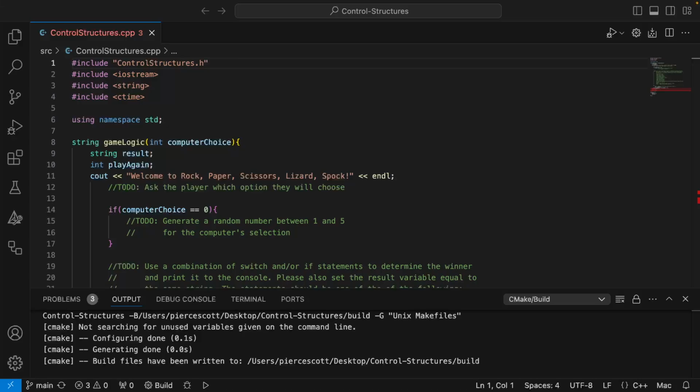Okay. Rock beats scissors. What else? Beat anything else? Yeah, it crushes the lizard, bro. So I'm gonna put